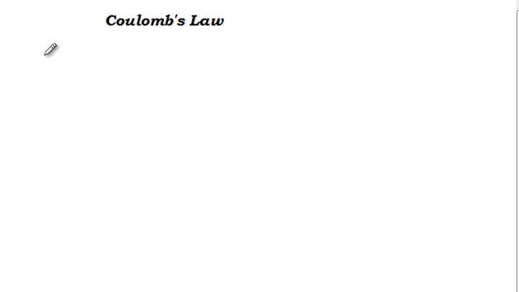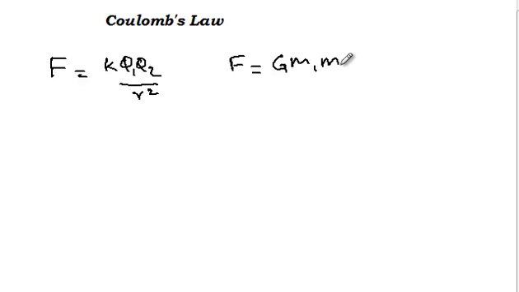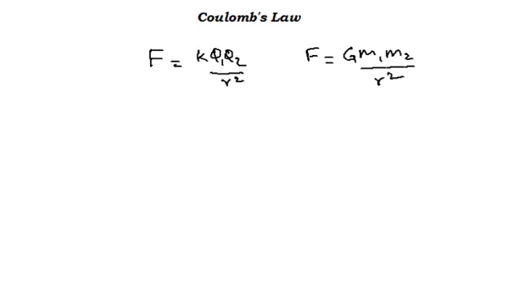Now I'm sure you must have noticed this, and must also be wondering that Coulomb's law is very similar to Newton's law of gravitation. Here we have F is equal to K Q1 Q2 over R square, and for Newton's law of gravitation we have G m1 m2 over R square, which is the gravitational force between two particles with mass m1 and m2 separated by a distance r. Now let's just compare the two forces and see.